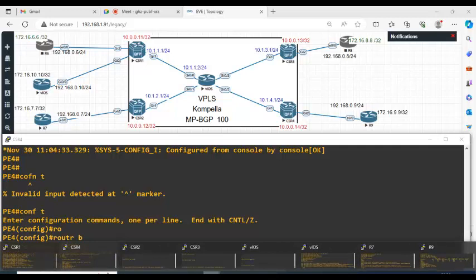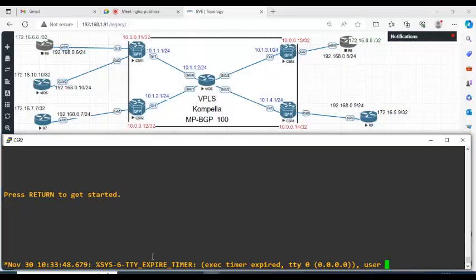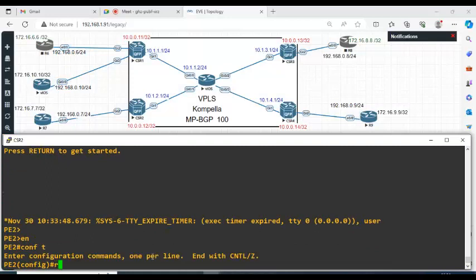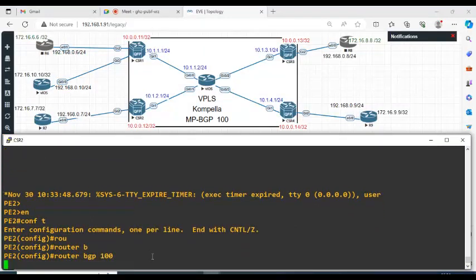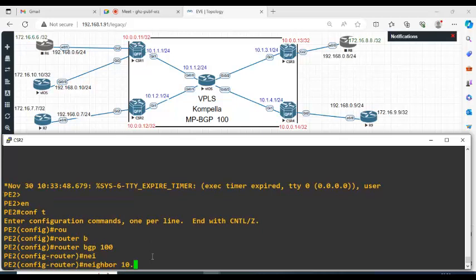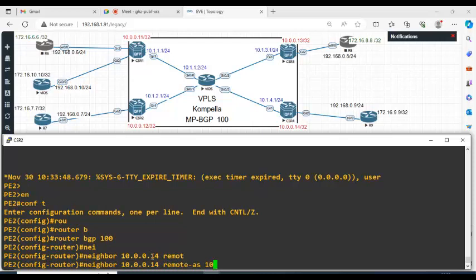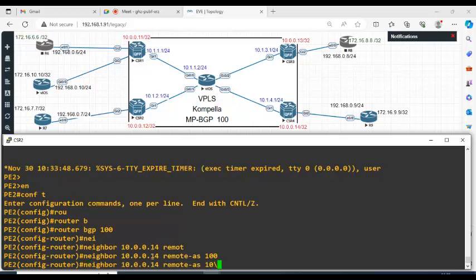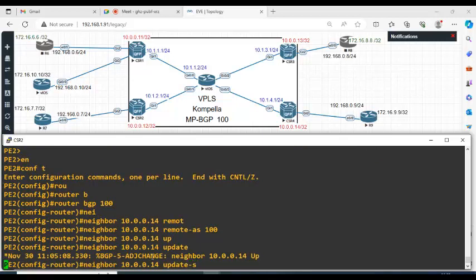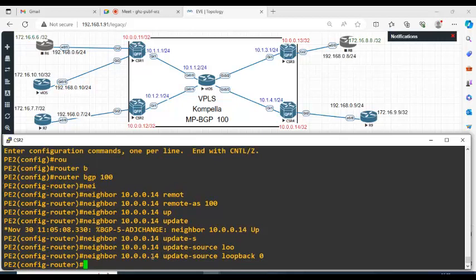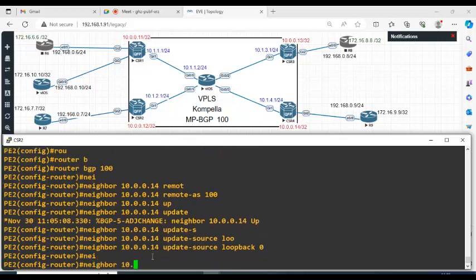I'm going to now CS2. Router BGP 100. The neighbors are 10.0.0.14. Remote AS is 100. Update source is loopback 0. Neighbor 10.0.0.11. Update source is